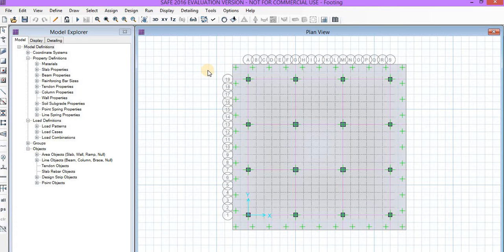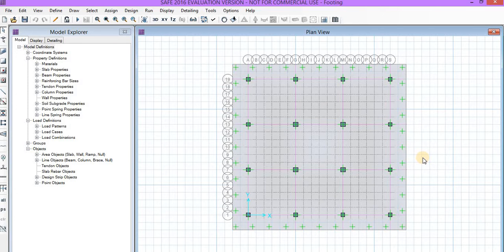So now you can see here we are in the SAFE software, and I have assigned properties before, which I will be dealing with here briefly. So what I have done is I have taken the clear cover as 50 mm, the bar size which I have preferred is 22 mm, material properties are M40 for concrete and HYSD 500 for rebar. I have assumed the thickness of slab as 500 mm and the type of footing considered is mat.